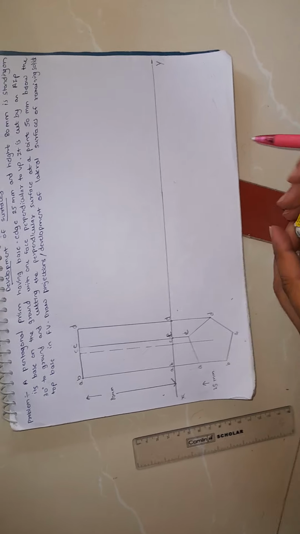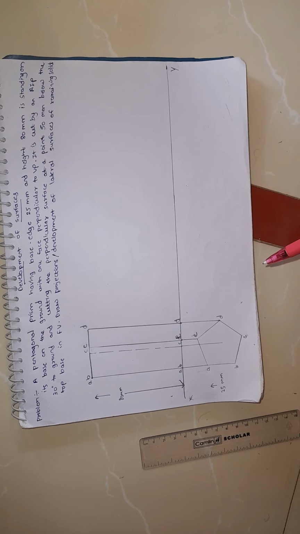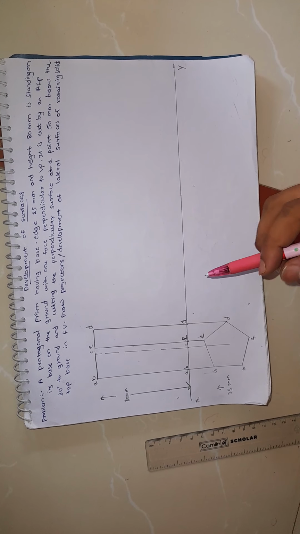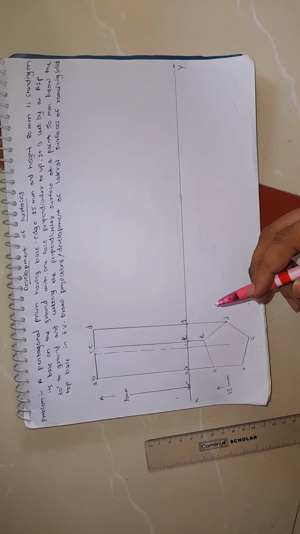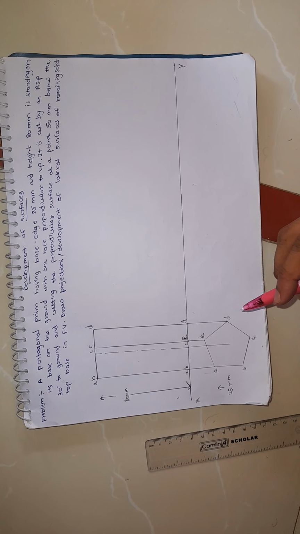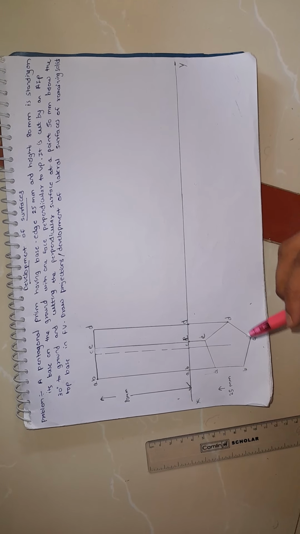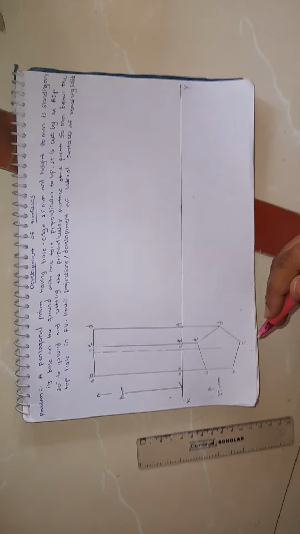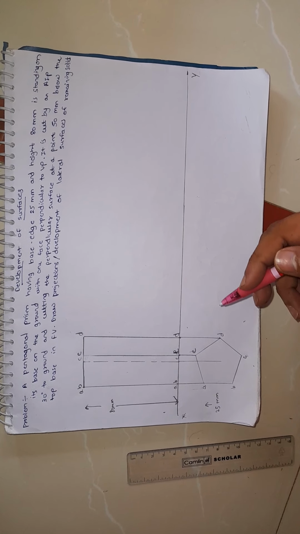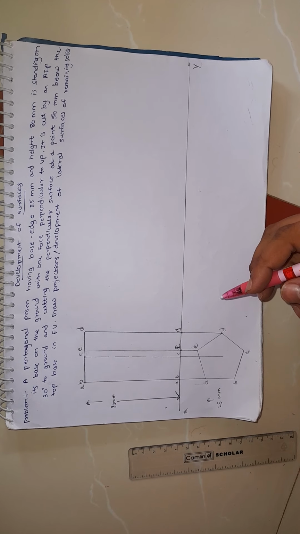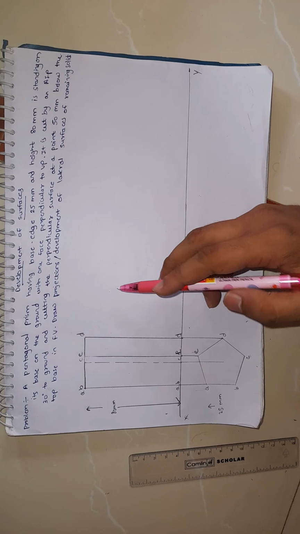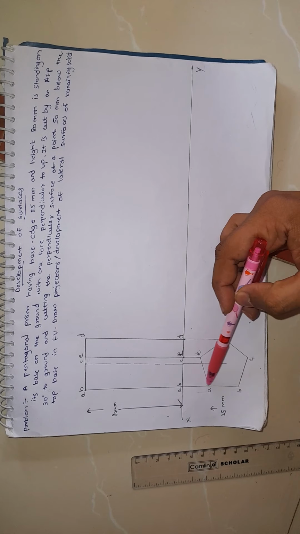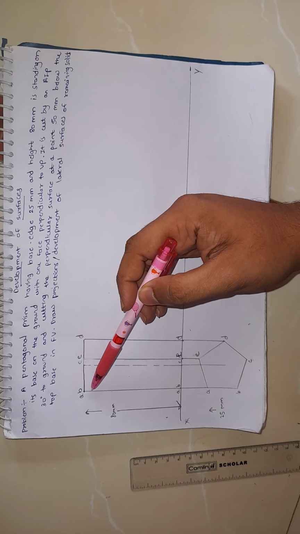Now we have to draw the cutting plane. It is cut by an AIP, that is auxiliary inclined plane, 30 degree to the ground. Auxiliary inclined plane means the cutting plane is perpendicular to VP and inclined to HP. So it is 30 degree to the ground and cutting the perpendicular surface at a point 50 mm below the top base. So this is the perpendicular side, so this will be our perpendicular surface.